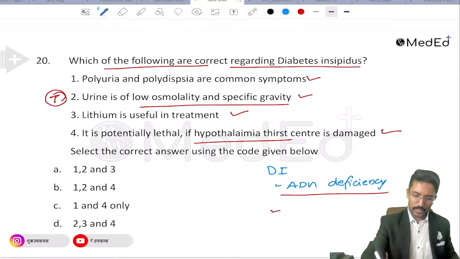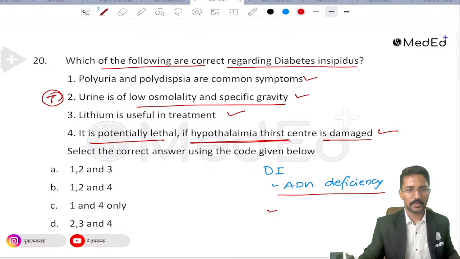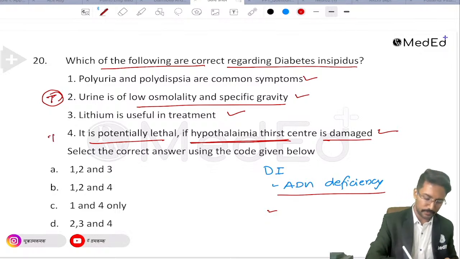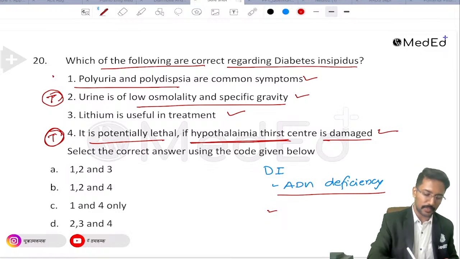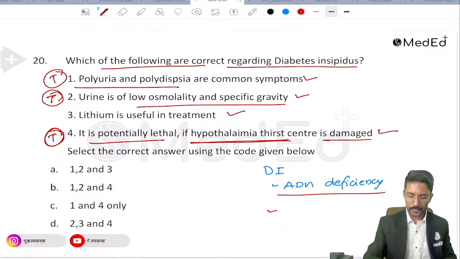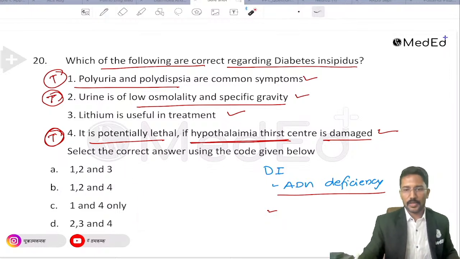Okay. So this statement makes sense: it is potentially lethal if the hypothalamic thirst center is damaged. It's a true statement. The first one, polyuria and polydipsia are common symptoms, is also a true statement. Now when you look at the options, you don't have anything which mentions lithium, and you have to remember that